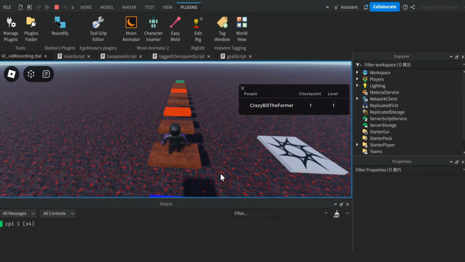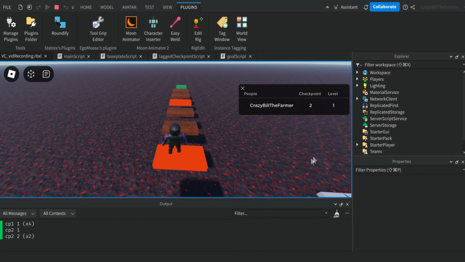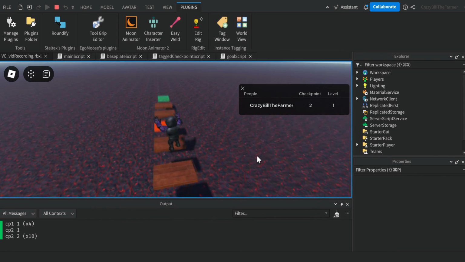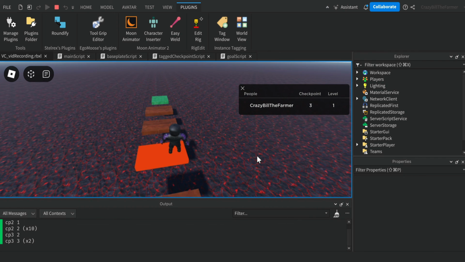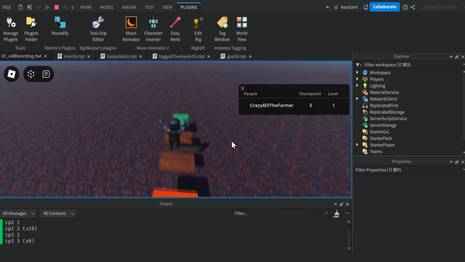Now if I move across, oh, I only just made that. I'm not very good at this, am I? Alright, so checkpoint level 2, just to check. Yep, get moved back there. Jump onto this one. Alright, checkpoint level 3. If I fall off, I go back here. And now for the last test,